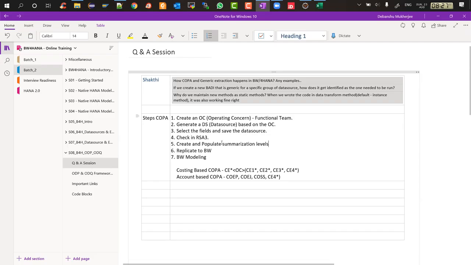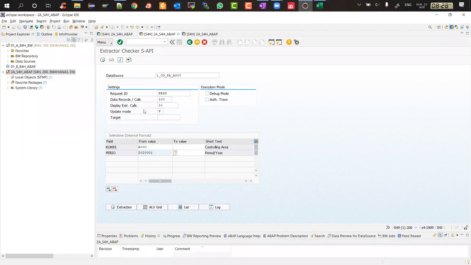Summarization levels basically are to populate the segment tables and these tables if they are not yet there. Usually, summarization levels is a functional team's responsibility, not your responsibility. But if it is not there, then you have to create it, because sometimes summarization levels are not there, and because of that, the COPA data source does not